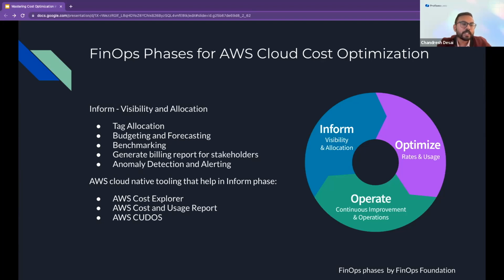The second thing is budgeting and forecasting. With the help of AWS Budgets and Cost Explorer, as AWS native tools, we can set up the budget and forecast the monthly and yearly billing. The third one is benchmarking. We can create monthly and six-month KPIs, or compare the billing data with a baseline. That way we can create a more robust solution, with comparisons, and we can drill down into each individual resource's price, billing, and cost.